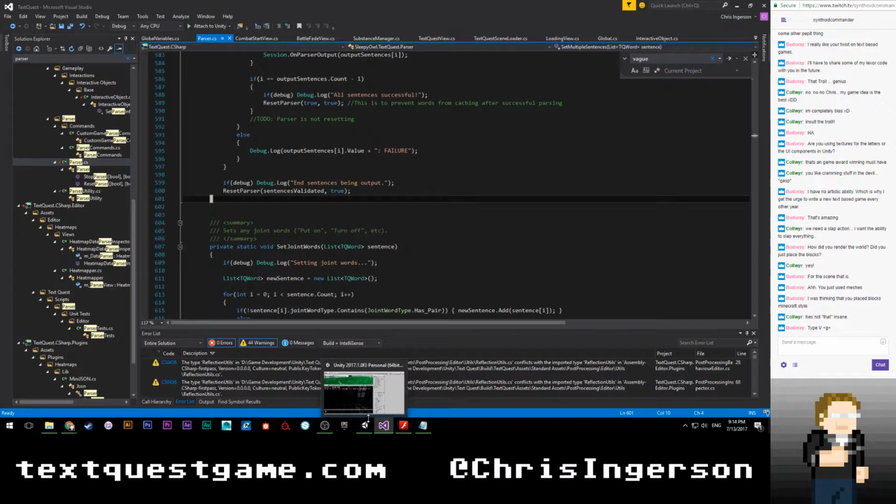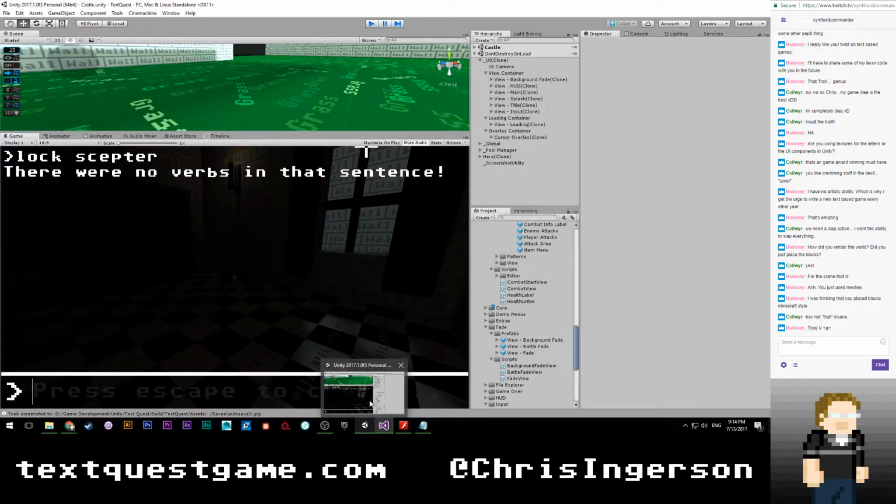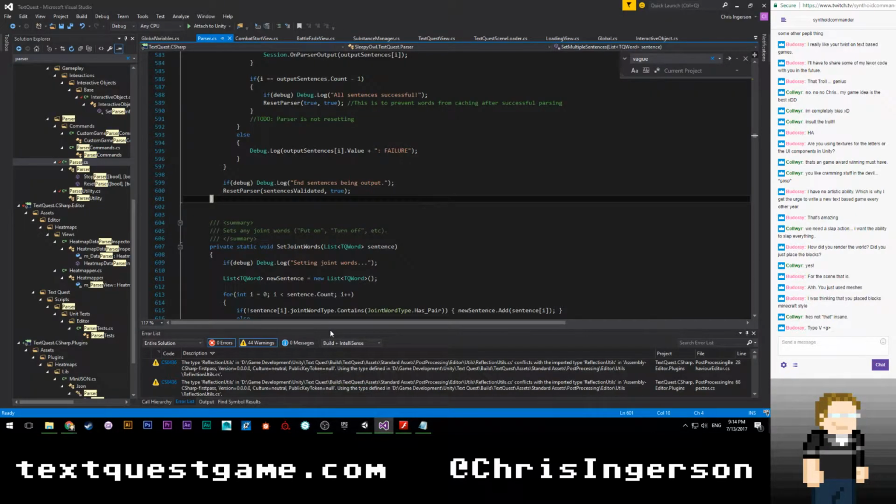Yeah, I hate this bug. There's something in my project that makes stopping playing, I don't know how to phrase that any better, trying to stop playing, take like 20 seconds. I don't know why. It's been happening for months now, and there's no error.